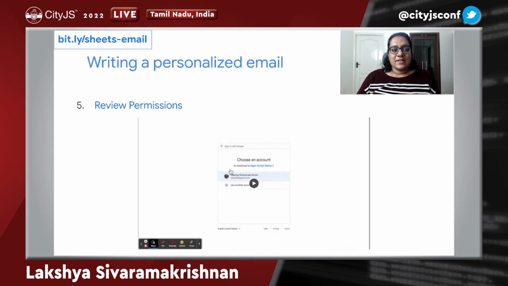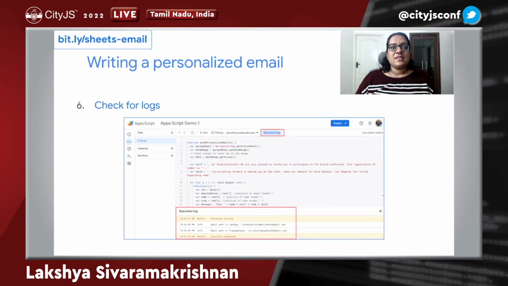And once it is successful, your function has been run, and you will be able to see your execution log, right? So here it says email sent to Lakshya with the email ID, right? So this is how we can write a personalized email